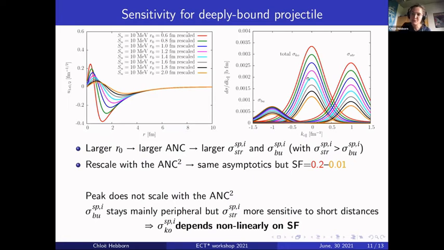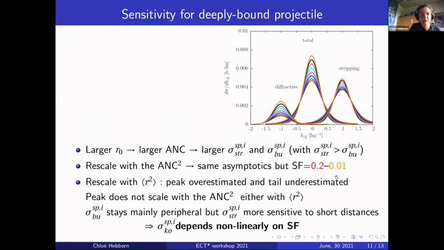is that this cross-section doesn't depend linearly on the spectroscopic factor. So then we were wondering if there was, let's say, a clear dependency of this cross-section on some single particle structure information. And we decided to look at what happens if we rescale the cross-section with the mean square radii. So this is what we obtain if we rescale the wave function by the mean square radii.